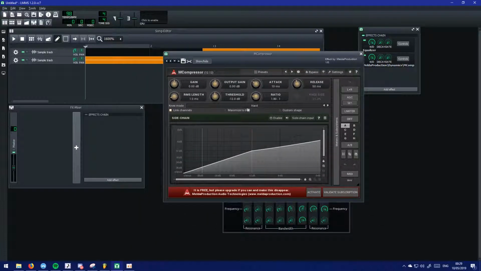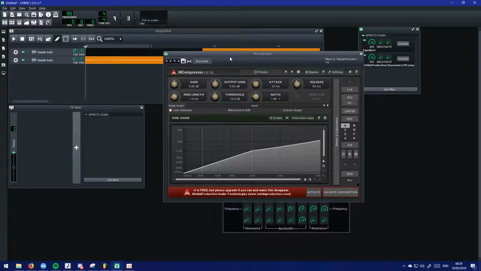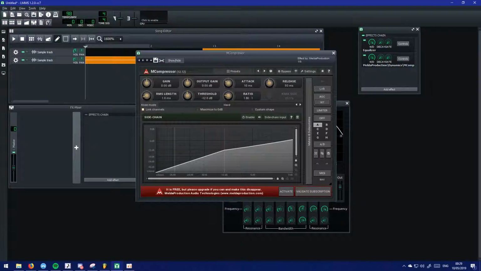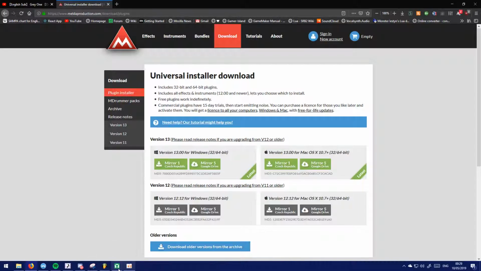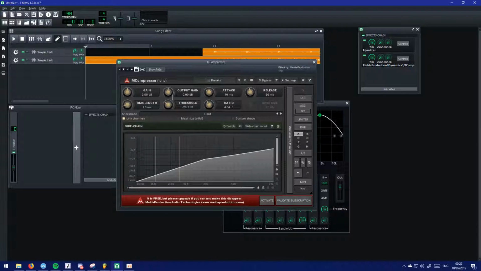I'll show you that in FL. So this compressor is really nice because you can change the threshold and the ratio, like, you know, normal stuff. It's got a visual representation. When you install this, make sure you only install the free plugins. You can tick a box that will automatically tick all of those. So anyway, if we tick that, and